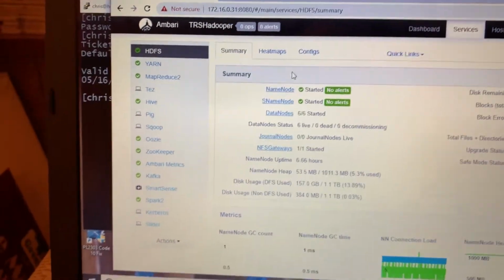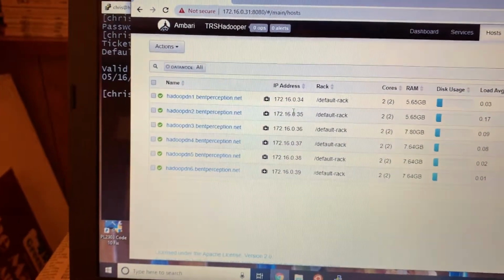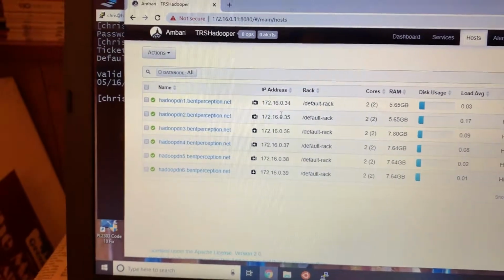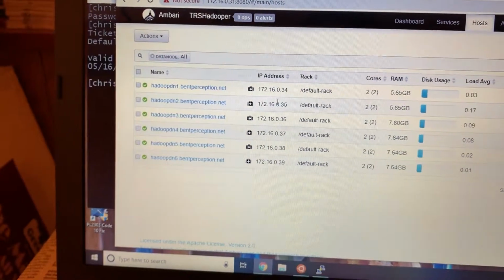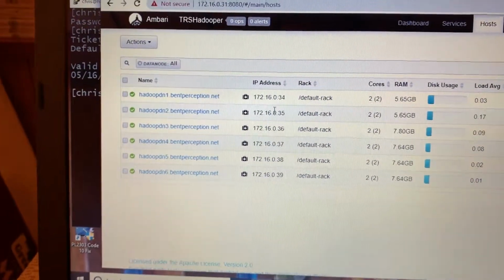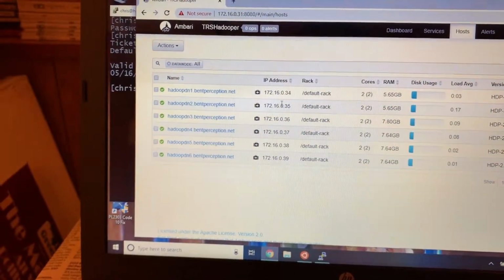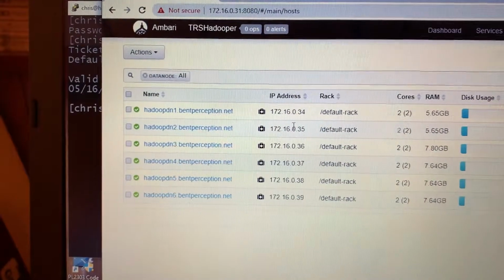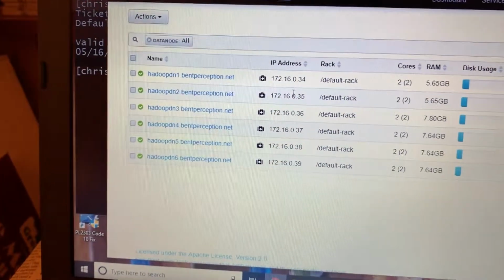Anyway, so I have 6 data nodes here. A data node is a virtual machine. In my case, it's a host, a computer system running an operating system with its own file systems that stores the data that is written to HDFS. These are also the nodes that run jobs on that data. So if I submit a job to a cluster and I want to count all the blue Buicks in my data set, these are the nodes that would store the data and do the